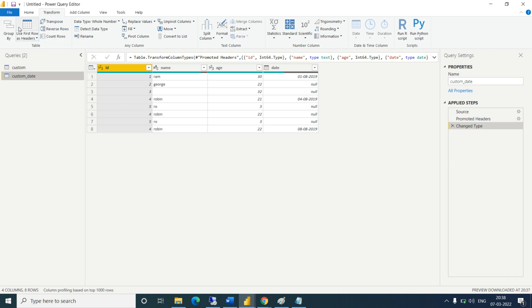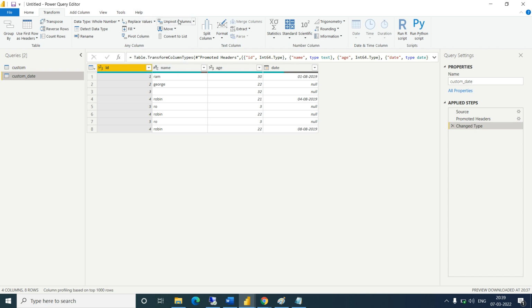Group By we have already seen. Use First Row as Header, that we also saw. Transpose we have seen. Count Rows we have also seen. Reverse, not yet. Then Rename, if you want to rename a column name, use this. Data Type we have already seen. Then Replace Values we have already taken.